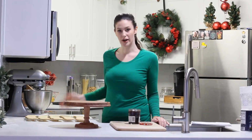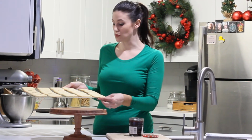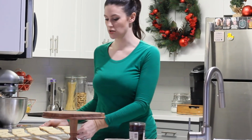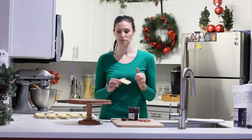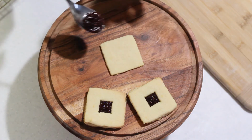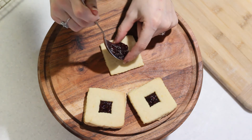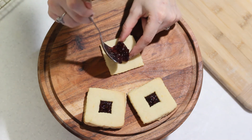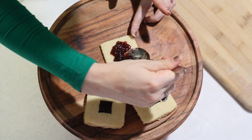Alright, so the cookies are out of the oven and they are cooled, and if you can kind of see, this is what they look like. You can't tip it too much or else they'll be everywhere. So you're going to take the bottom of your cookie, which is the part without the hole, and put it on your decorating tray. And then you're going to want to take probably about a heavy teaspoon to a teaspoon and a half of jam and place that on the center of the bottom piece of the cookie